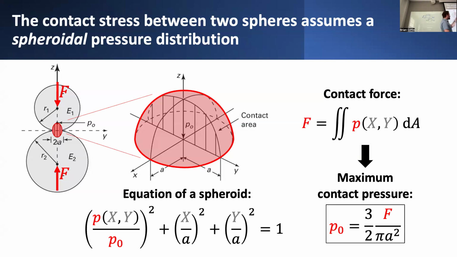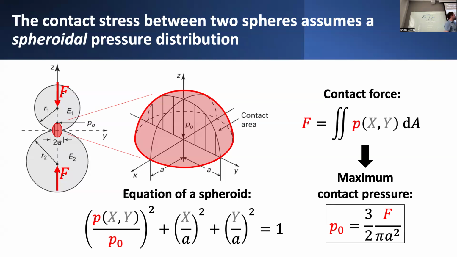So if you think of this distribution of pressure as being like a sphere that's been stretched in one direction, where one axis of that spheroid is simply the radius of this contact area, and the other axis is equal to the magnitude of this maximum pressure,